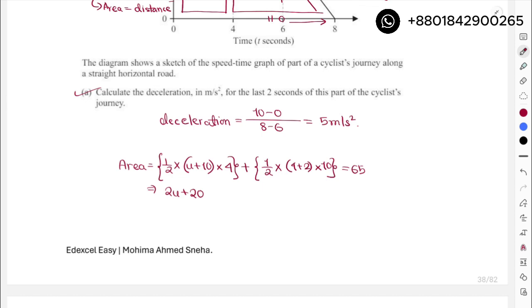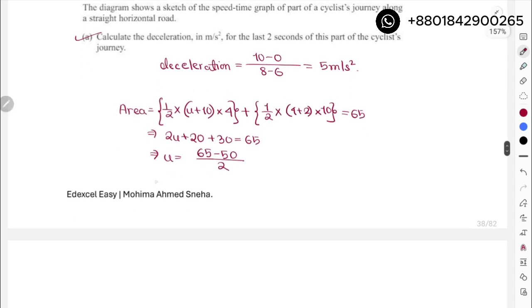5, that gives you 30. So this is 30, and finally you have 65. Finally for the u, this is actually 50, right? 20 plus 30 is 50. So you get 65 minus 50 divided by 2. And that leaves you with 65 minus 50 over 2, which is 7.5. So you get the u as 7.5 meters